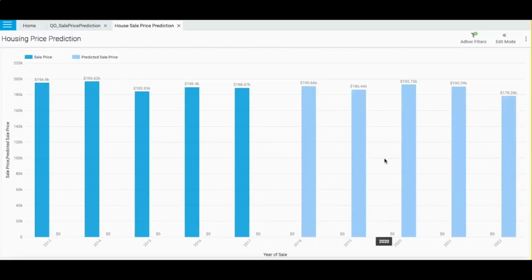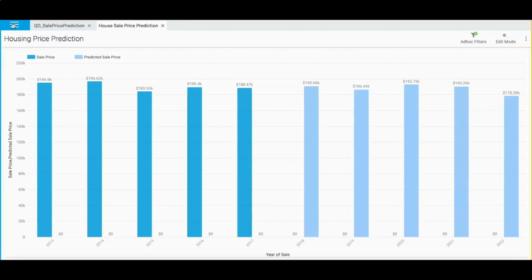If you see here, even historically, this has been much more stable pricing, and the prediction is also much more stable. If you see here, 2022, it's a decline in the price compared to the high density pricing. So the same model has got information specifically drawn about each type of housing. When the attributes changed, it's showing a decline from 2021 to 2022, versus in the high density what we saw was an increase in the same period.